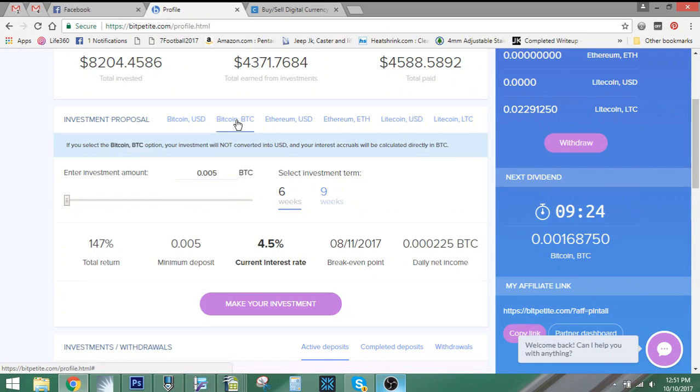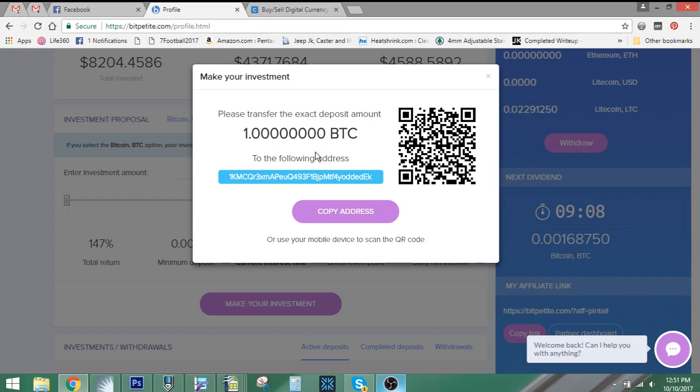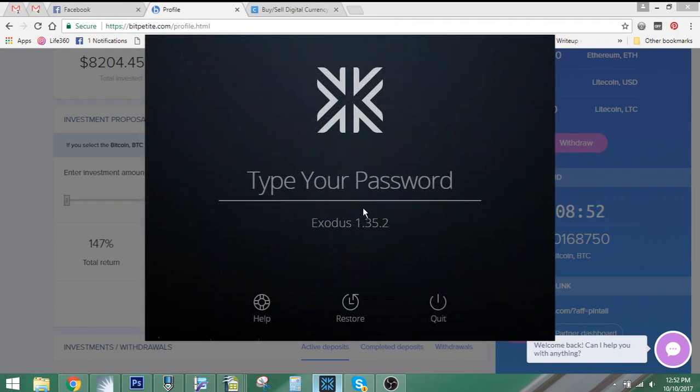So let's say we're doing a Bitcoin to Bitcoin. The smallest amount you can do is about $10 worth. For instance, you can use the slider. I don't have 64 Bitcoin, so I'm just going to type in 1 Bitcoin. And when I click make my investment, up pops a window telling me to transfer 1 Bitcoin to this address. You can copy the address, and then all you do is go into your wallet, whether it's Coinbase or, I use Exodus. You can go into your wallet, and